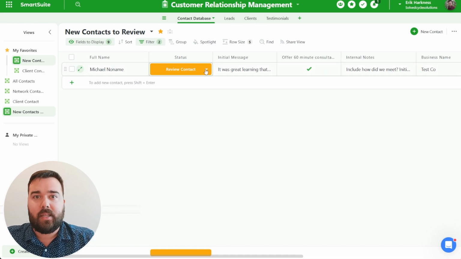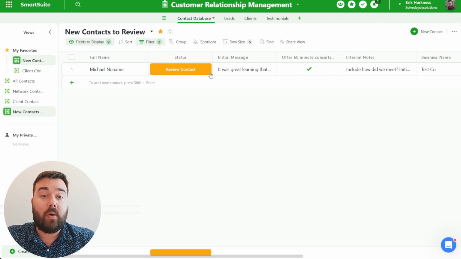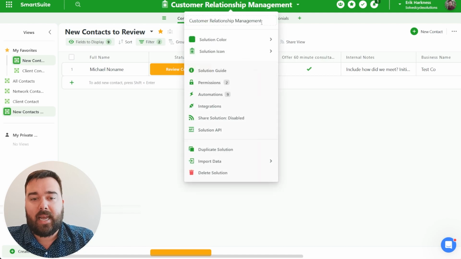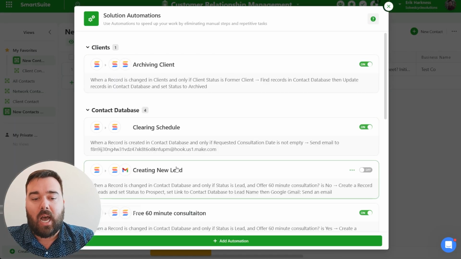So now that we have this person set up in my database, instead of having to go into my own email account and write the message out to them, I want to just be able to change the status or press a button and send them an email saying, hey, it was great meeting you at this event, and here's a link to a free consultation if you want to learn more about how you can save time with no code. So what I can do here is, inside my automations, I'm going to be